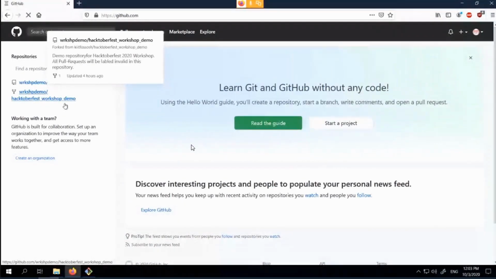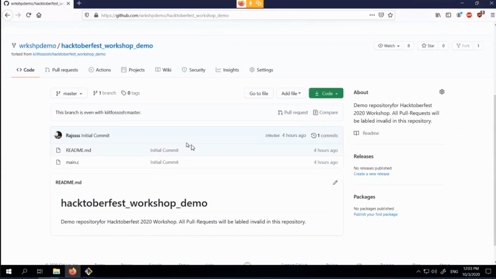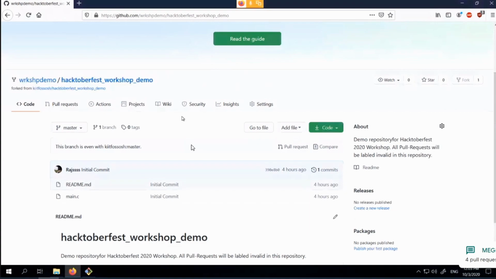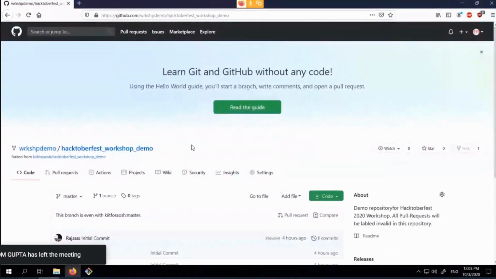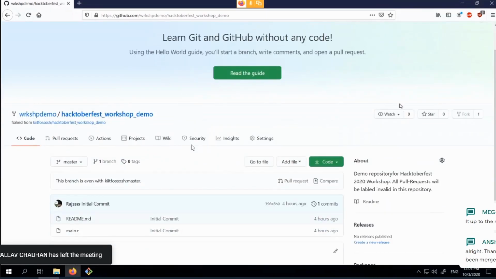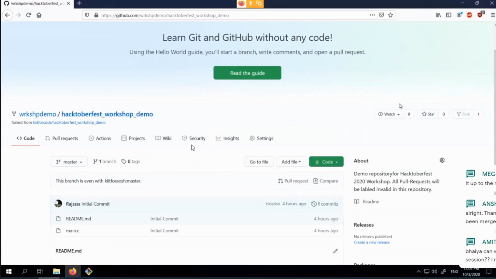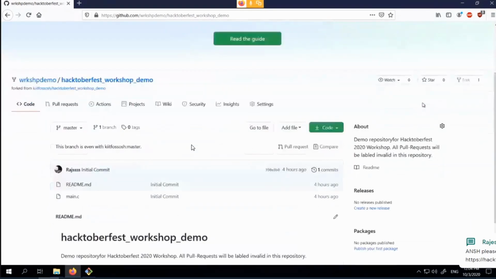Okay, so now moving on to the forked repository, we will learn how to make changes to this forked repository, to clone it, and then whatever changes we have made, we will learn how to push them and create a pull request. The main motive of learning how to create a pull request is to show how we can contribute to the Hacktoberfest event. So ignoring all these previous mishaps, which I am again sorry for, let's move to cloning and making changes to this repository, pushing it, and learning how to give a pull request.